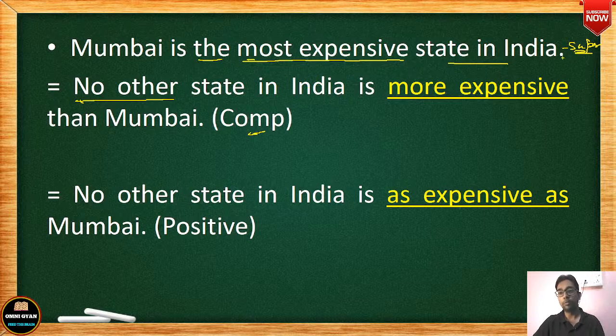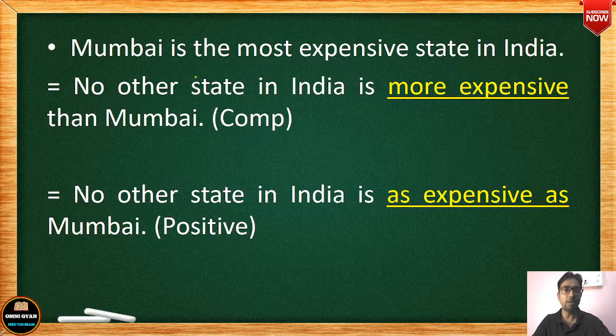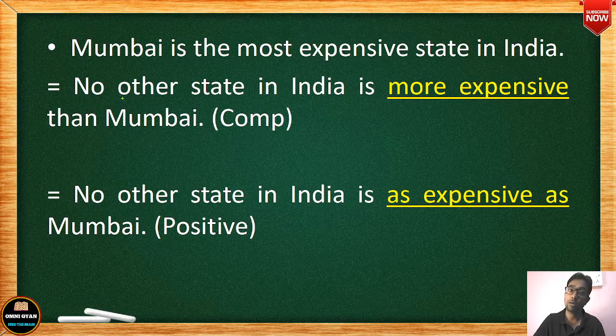Again from superlative degree if you have to change it into positive degree, again you have to begin with no other. So let us learn how to change from superlative to comparative. If I say Mumbai is the most expensive state in India, that means what, no